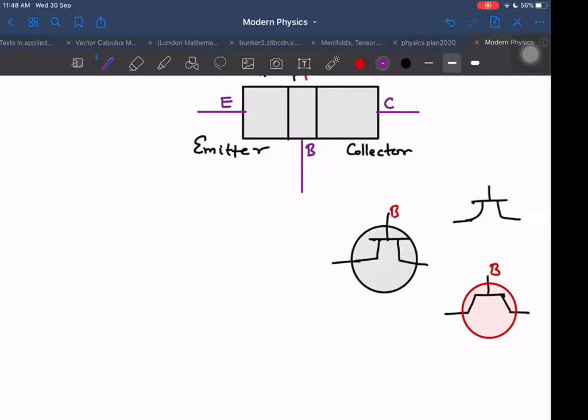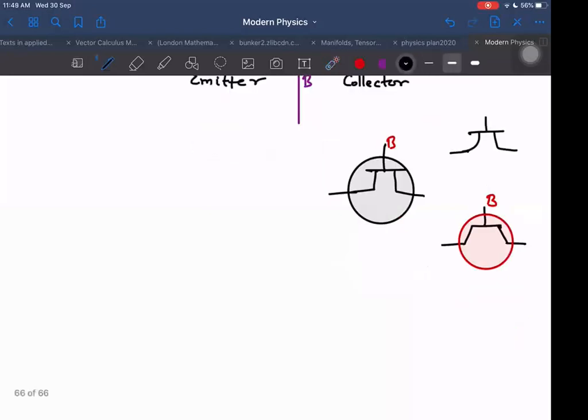In one of these two sides, we put an arrow. When we put arrow, we can put arrow inwards or we can put arrow outwards. The arrow may be pointing outwards, going out, or arrow may be coming inwards. That doesn't matter. But arrow should be there. That side where we have arrow, that side will become emitter. Correct. If I put arrow in this side, now arrow coming out or coming in, that doesn't matter. The side which has arrow, that is emitter.